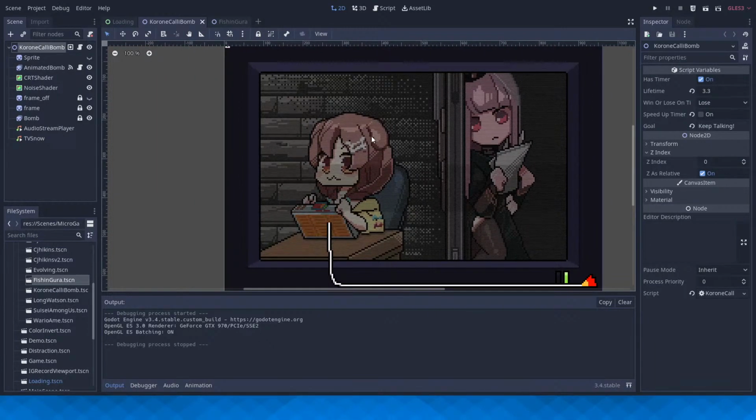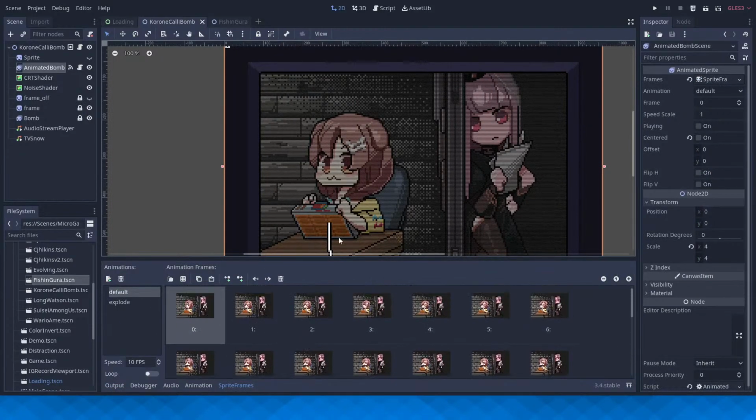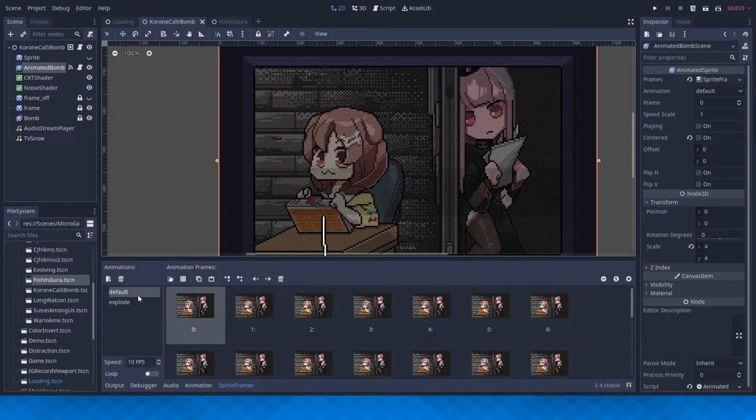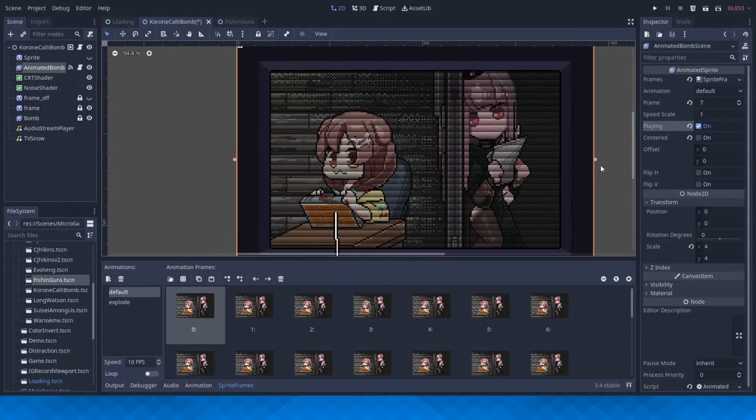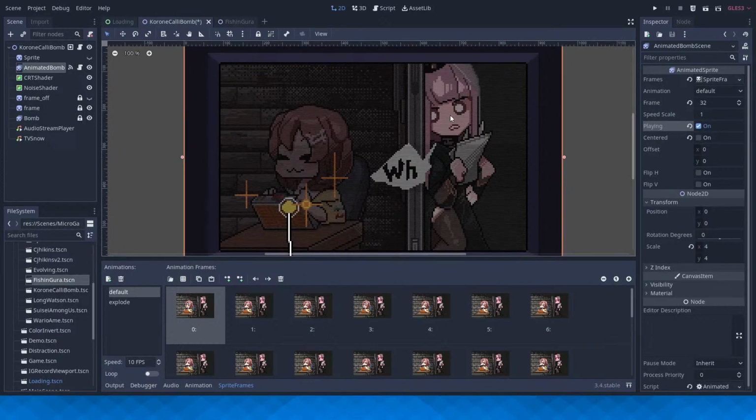So the noise effect, this CRT shader, this wire going in a different direction than usual. We have the animation in the background, which is split up into two parts, because the animation has an inconsistent frame rate. Let me just explain that. The first part of the animation, specifically this part right here, the first 32 or 33 frames, I don't know exactly, are at 10 frames per second, or 100 milliseconds per frame.